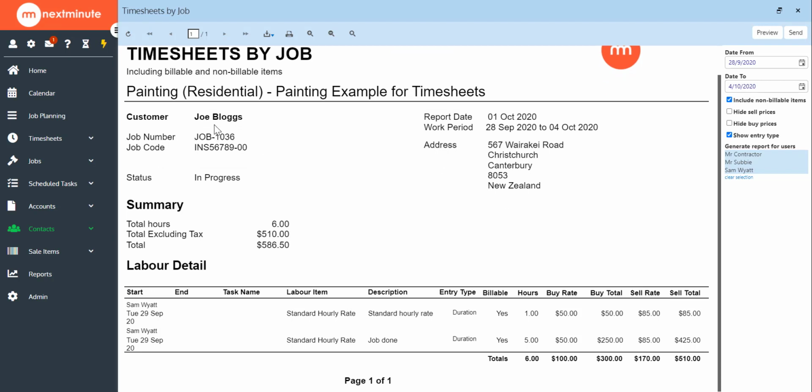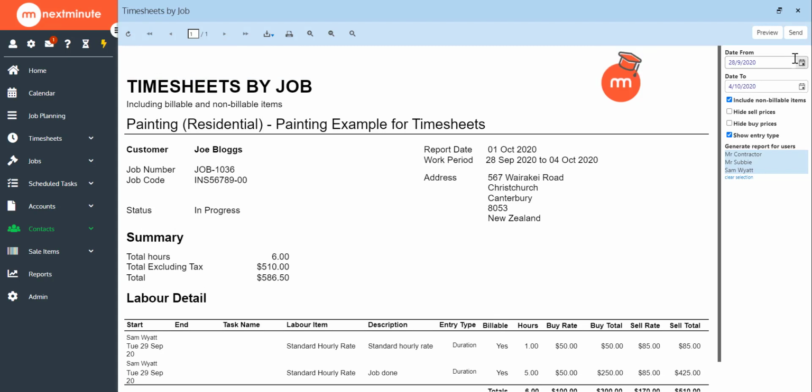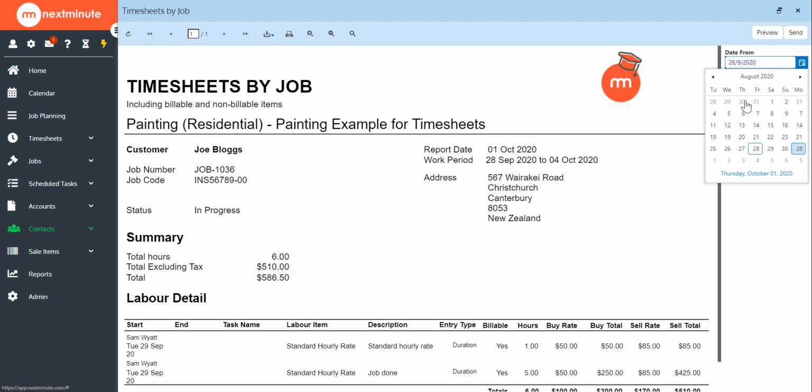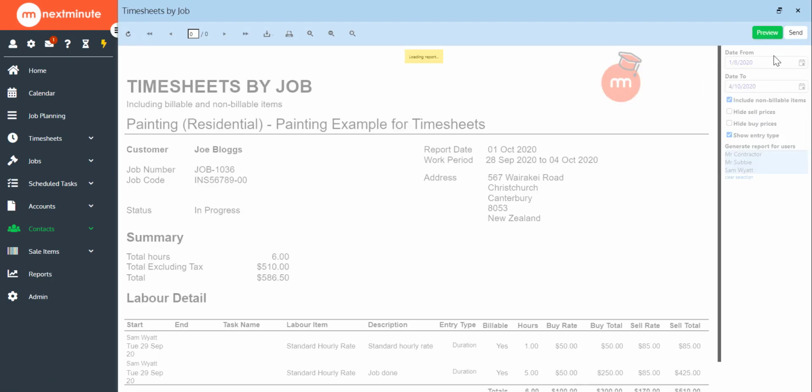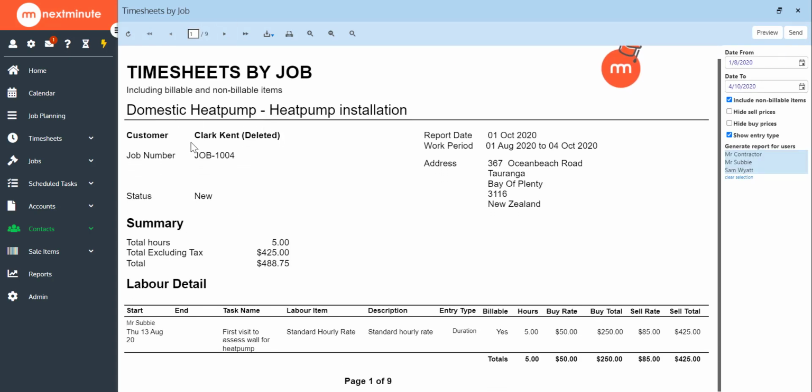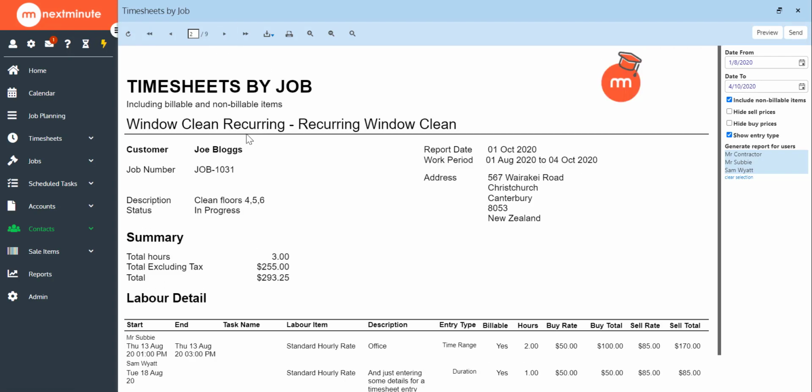So before in the reports, it had staff member up the top, and this was hours by staff member. This time around, you can see the staff member's name right where the start is, but we can see that the job is this job number and code, and it's for job logs. There's the total hours there. So if you have multiple jobs or multiple jobs over a specific date range, I'll just do that now. Preview that. This is going to give me a multi-page document for individual jobs. So domestic heat pump, window clean,